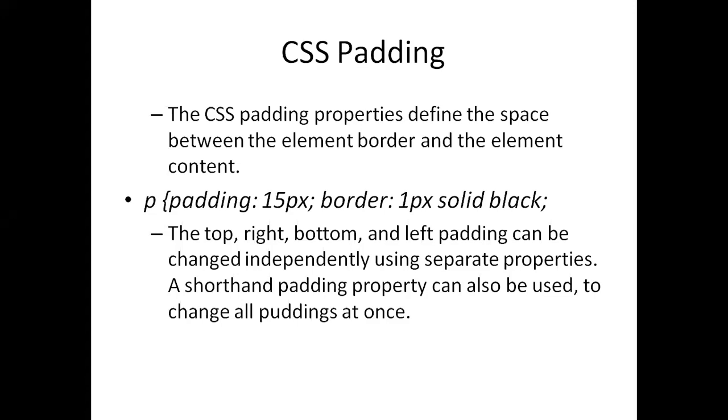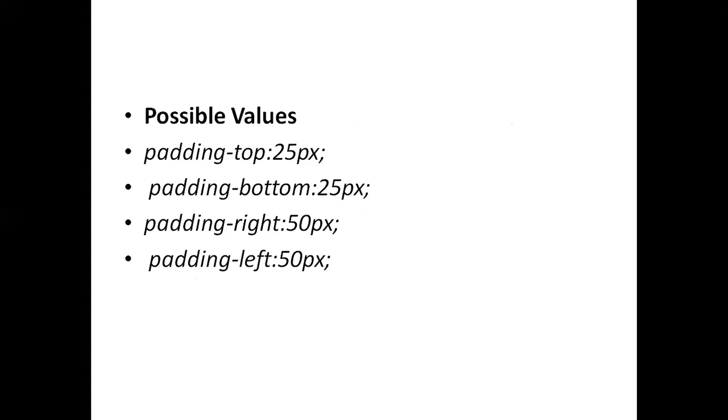So how do we write this? We can mention padding-top, for example, and then the value of that padding space, whether it is 25 pixels or another page size given. So we can mention separate values individually, whether top, bottom, right, or left. As per that, we just need to mention which particular part of the page we are going to use.